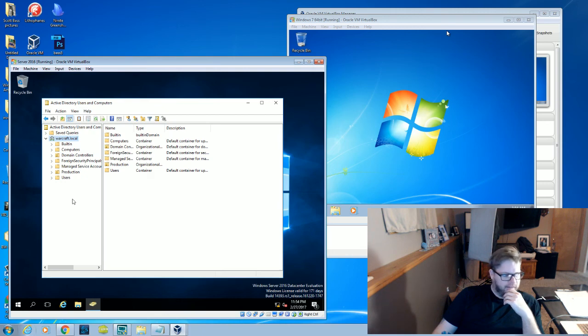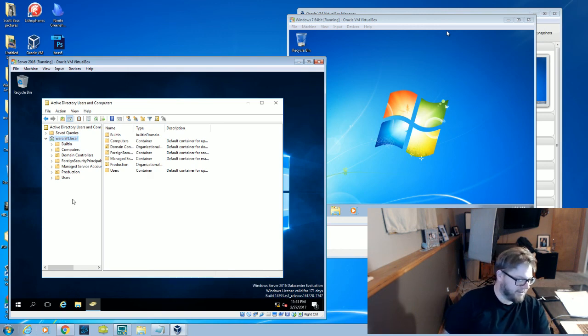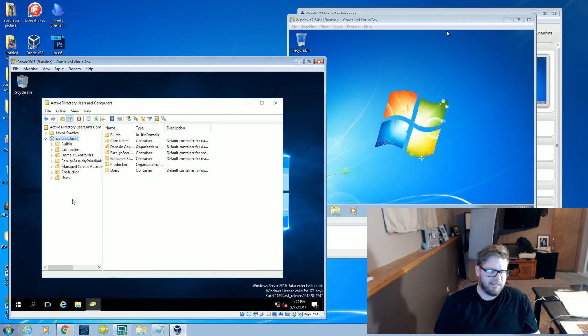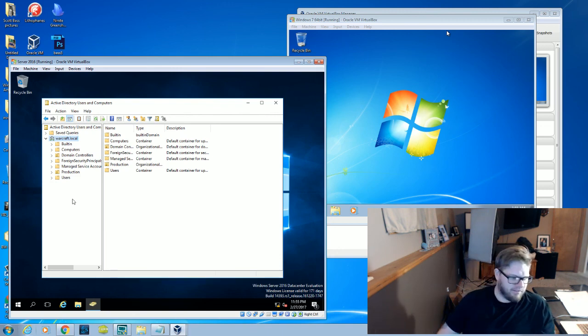It's a data center. I just went with the data center because I wanted to see what the difference was. Because last time I did this a few months ago, when I was screwing around, I went with the standard one. So I wanted to see if I would notice any difference.